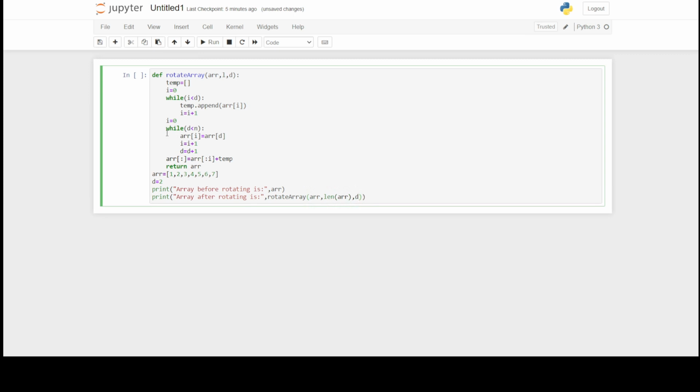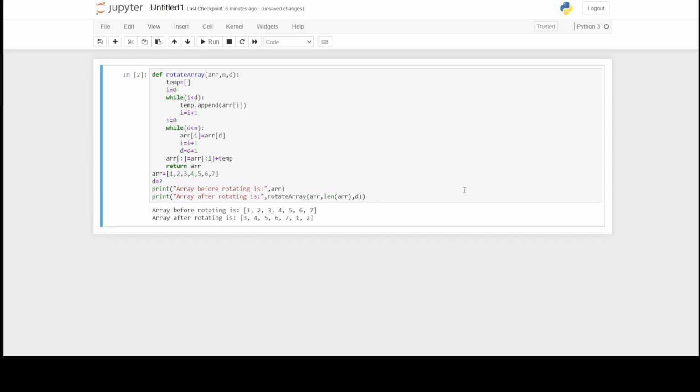If I press Ctrl Enter now, this will execute the code. Okay. So after running the program, we get this output. So let us observe, the given array was 1, 2, 3, 4, 5, 6, 7. After rotating left with d equal to 2, we get the final output as 3, 4, 5, 6, 7, 1, 2, as I already mentioned at the start.